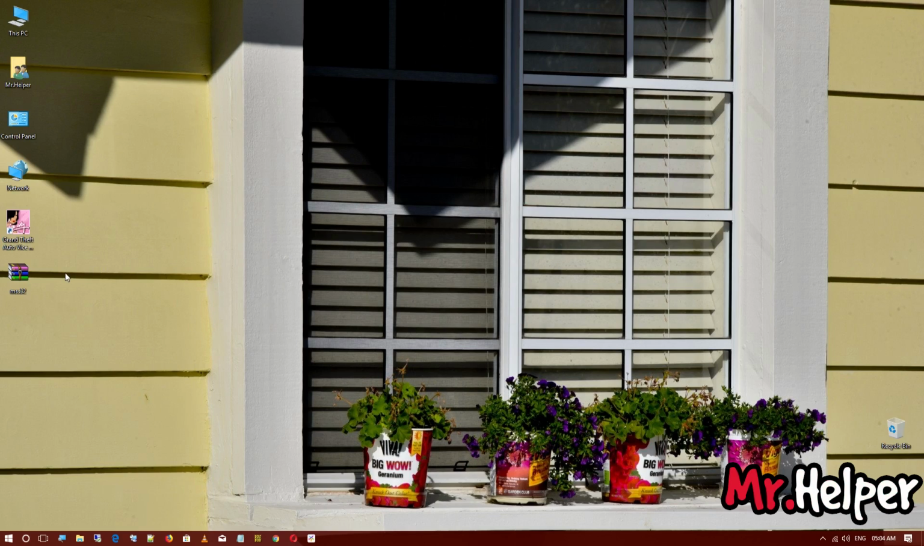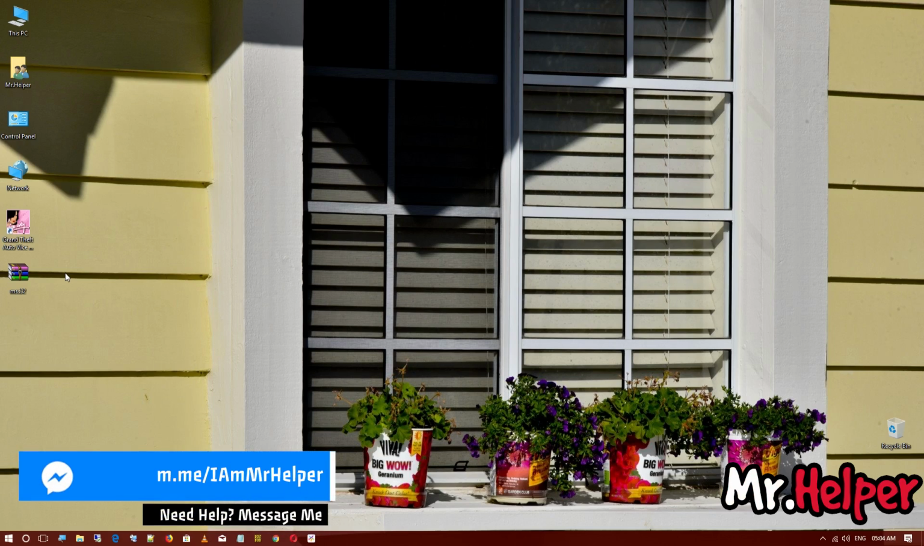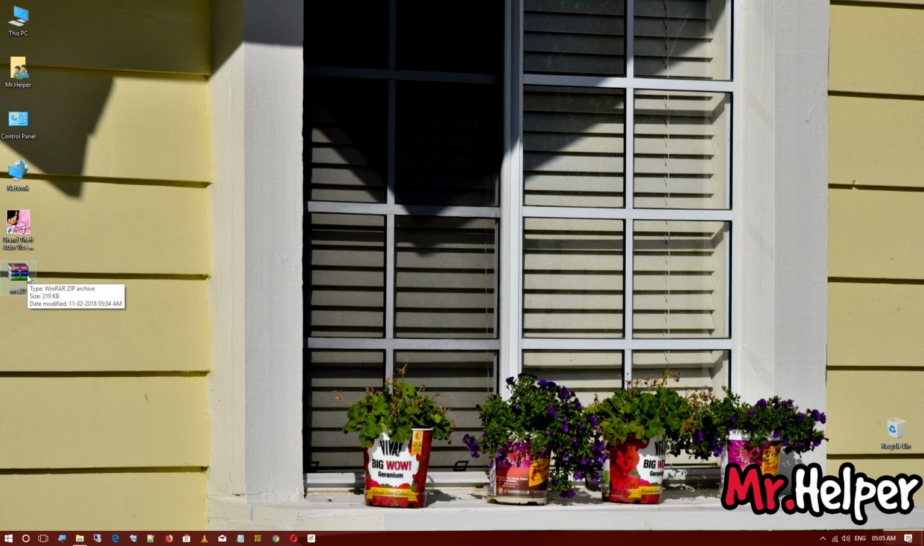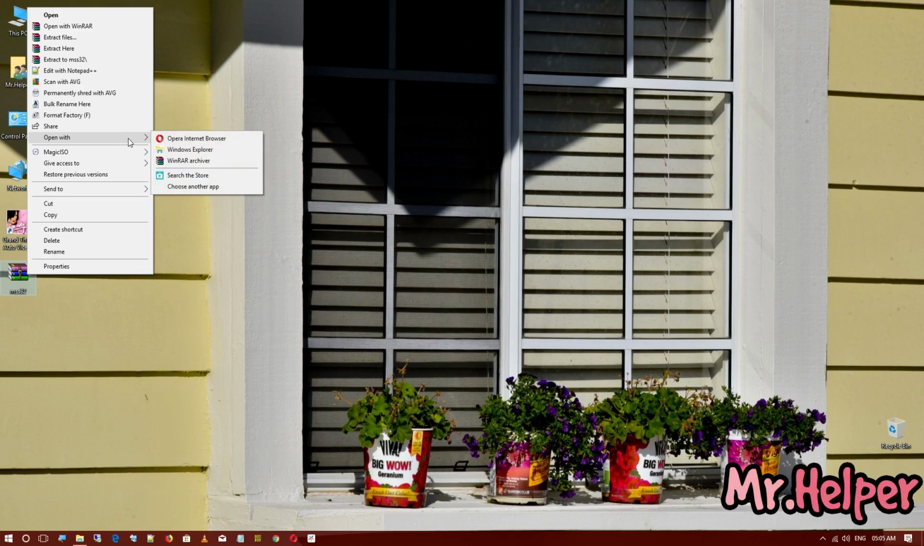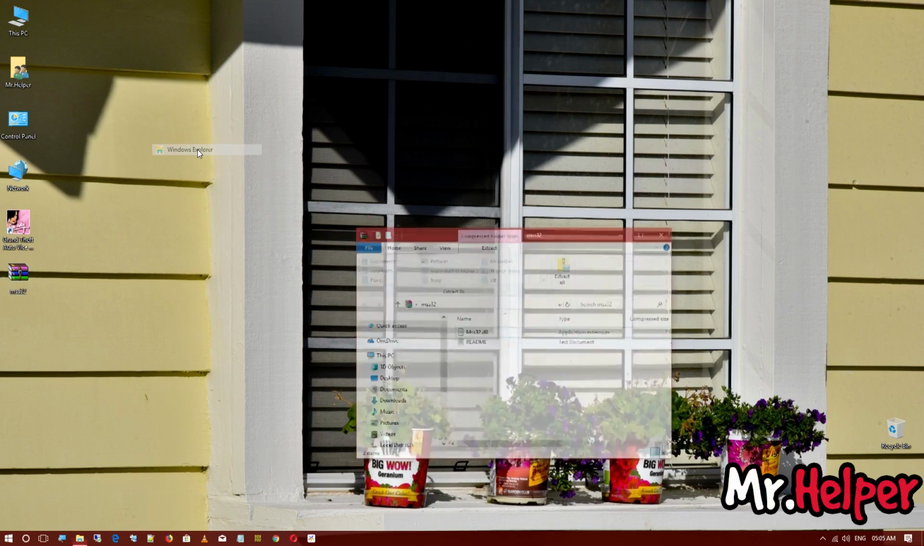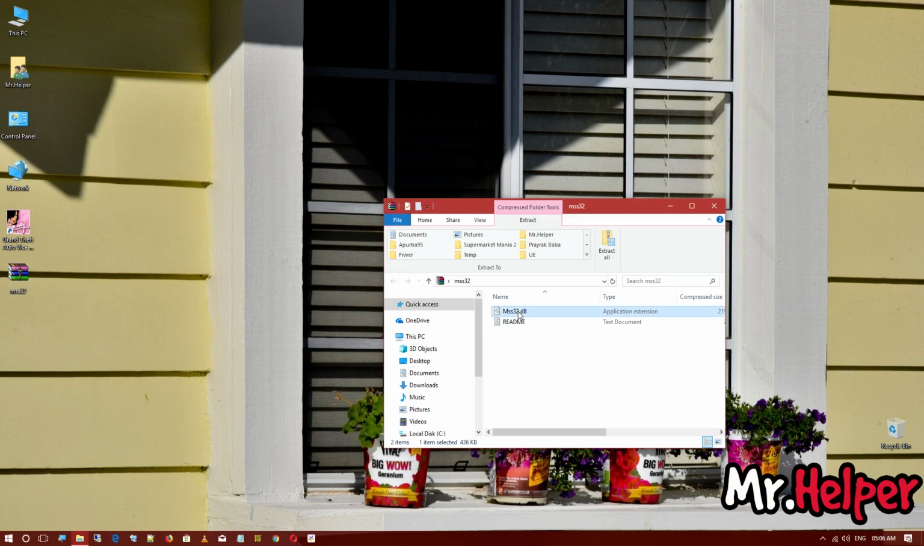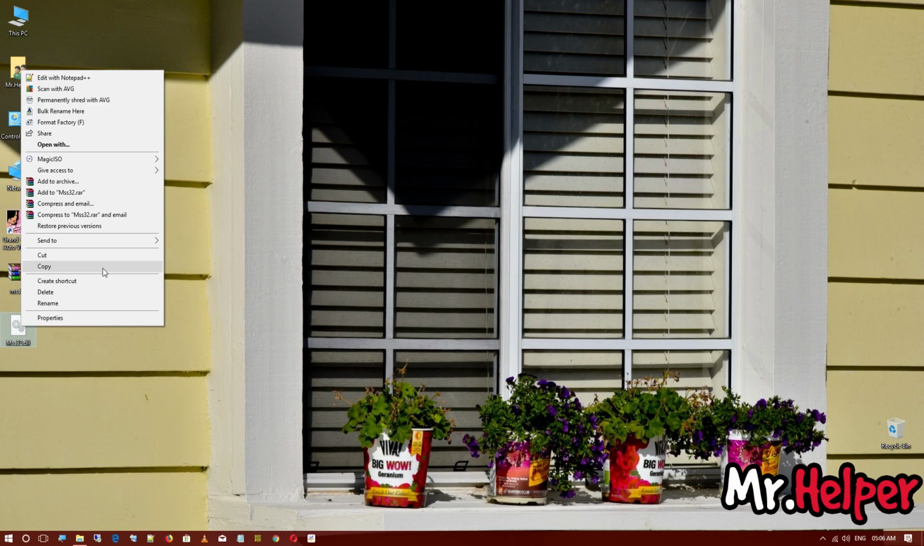In my case I already installed WinRAR on my computer, but if you do not have WinRAR on your computer, then make sure to use it. Okay, let me show you how to open it without WinRAR. Now right click, go to open with and click on Windows Explorer. Okay, now drag this file outside from this folder, and here it is, our file. Okay, now right click and copy it,